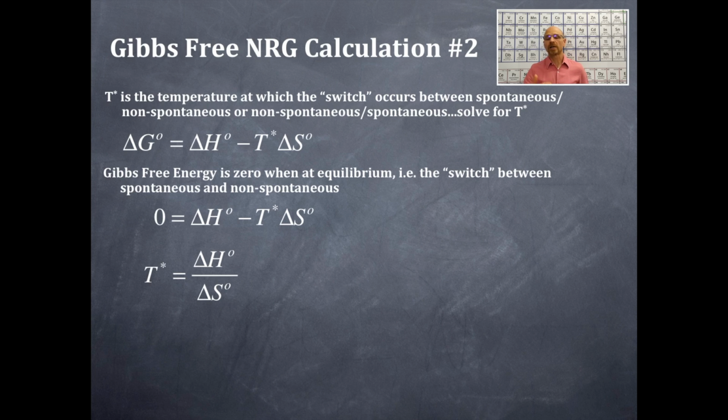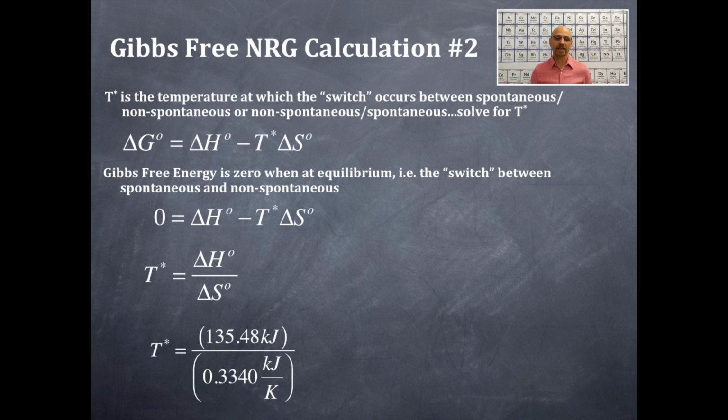We're going to plug in the values here that we had, making sure that the units cancel, and I've done a little bit of unit canceling for you. So for T star, the delta H term is 135.48 kilojoules. I've converted the entropy, the delta S term, to kilojoules per Kelvin, that way the kilojoule term cancels out. So I got 0.3340 kilojoules per Kelvin. I've solved for T, and I get